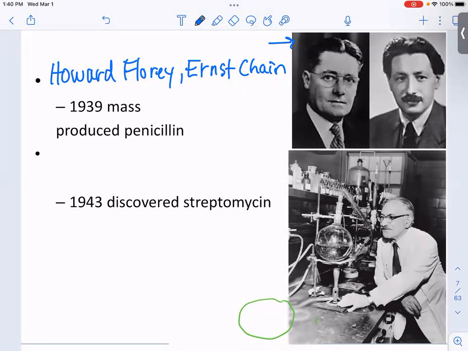Lots of other people contributed to that as well, but we kind of remember Florey, Chain, and then Fleming because they're the three that got the Nobel Prize for it. Apparently, you can only share it among 3 people for a Nobel Prize, so they're the ones that are kind of famous for that. So that's kind of an interesting story about how that all happened, and that really spurred the increase in looking at lots of other potential organisms that could make antibiotics. Selman Waksman,